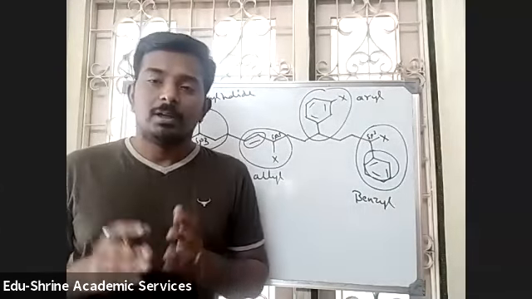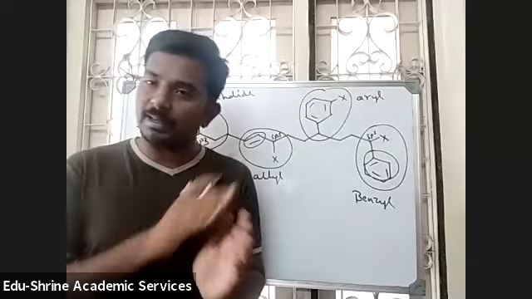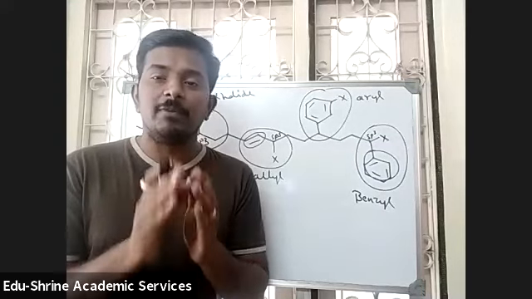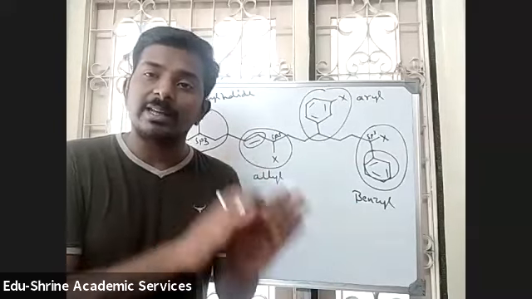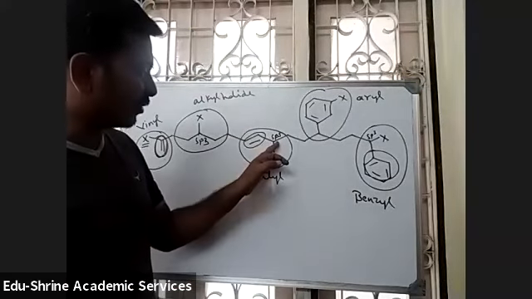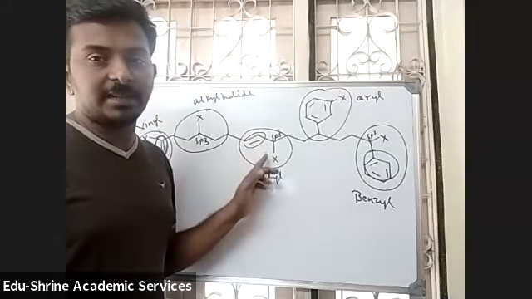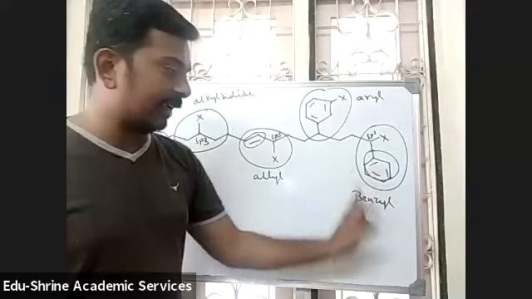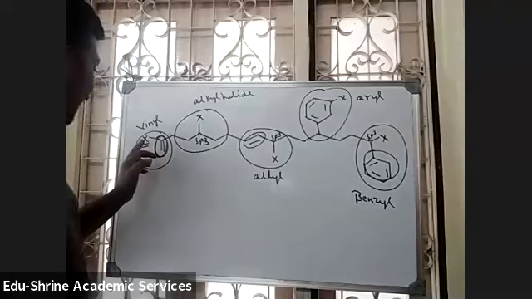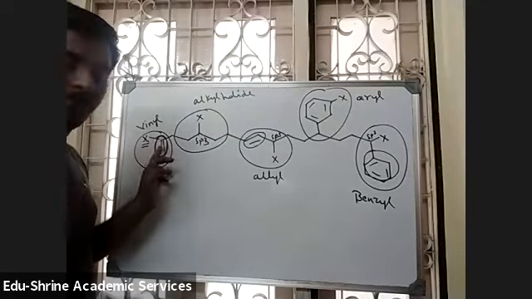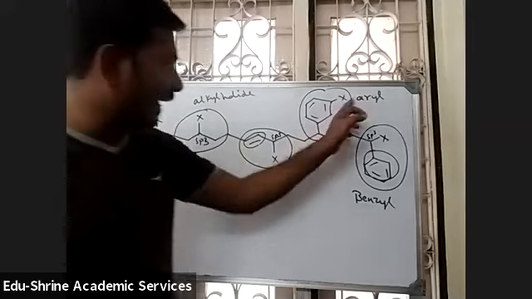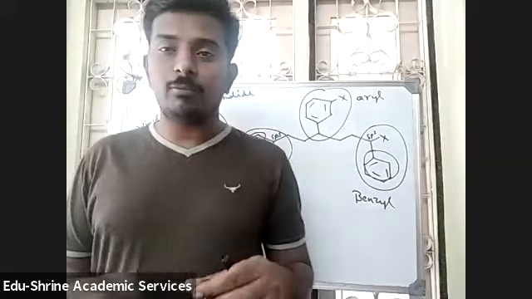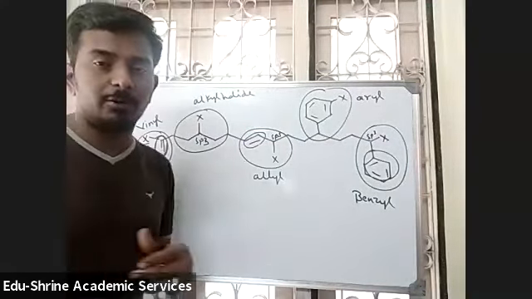Very simple. If the halogen is attached to an sp3 carbon atom containing only alkyl groups, it is alkyl. If the halogen is attached to an sp3 carbon atom, which is then attached to a double bonded carbon atom, it is allyl. If the halogen is attached to an sp3 carbon atom, then attached to a benzene ring, it is benzyl. If the halogen is attached to an sp2 carbon atom, that is a double bonded carbon atom, it is said to be vinyl. And if the halogen is directly attached to the benzene ring, it is called aryl. Right? So in this way, you need to identify what type of groups are present in a given compound. Okay?